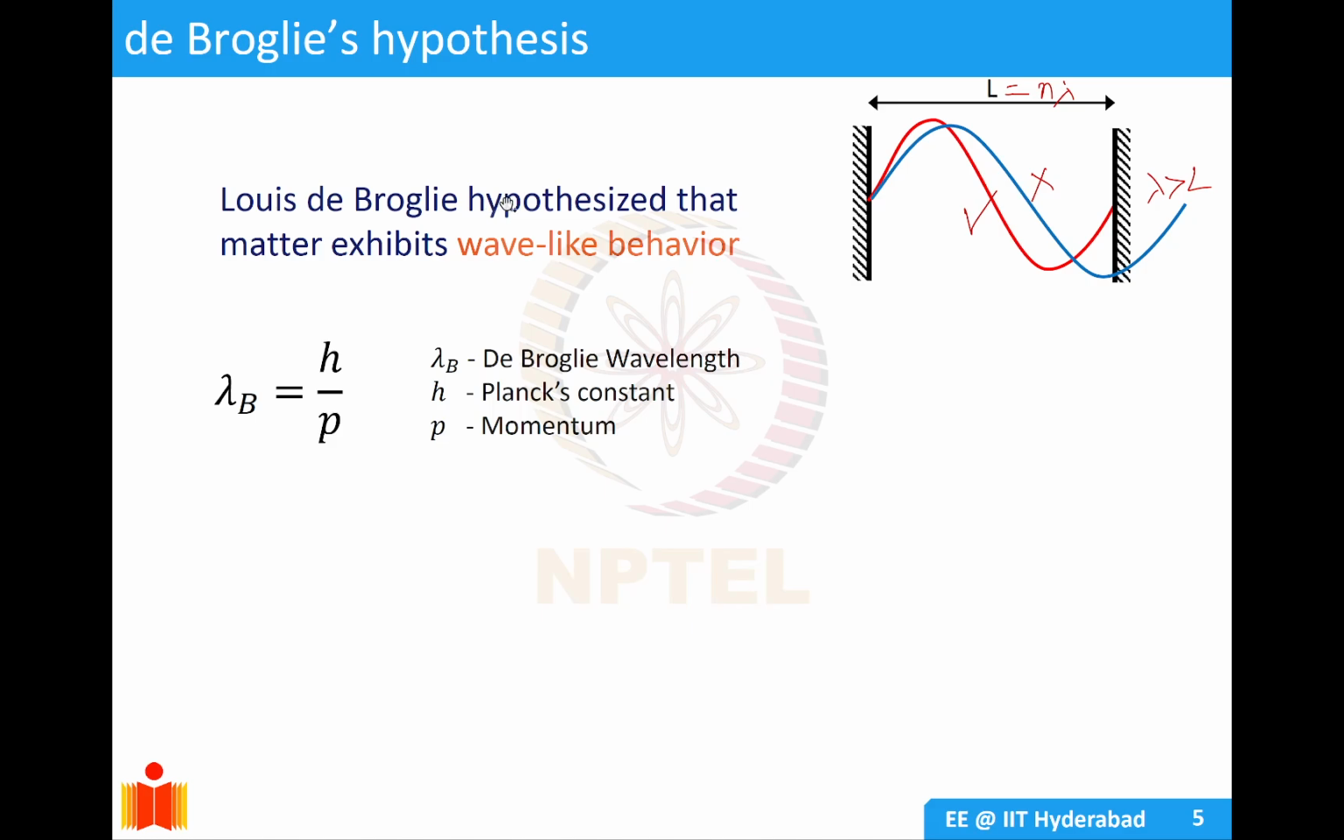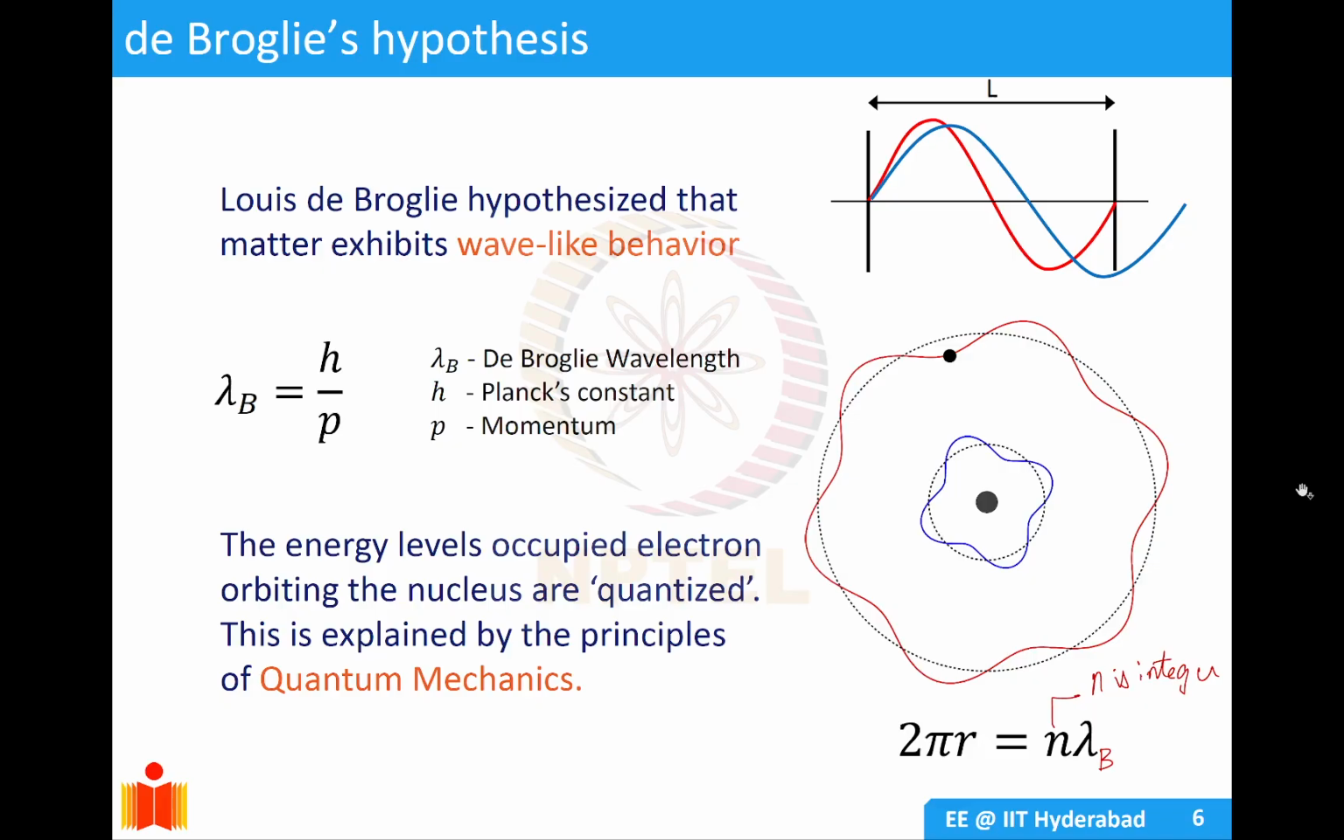So de Broglie hypothesized that materials can exhibit both particle-like and wave-like nature, and gave the formula lambda equals h by p. We have studied this, and so if an electron is moving in a circle,